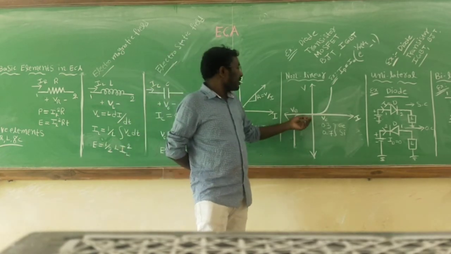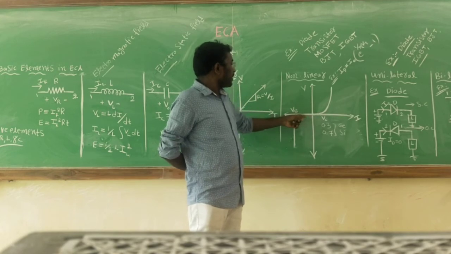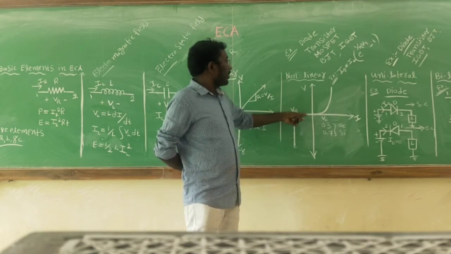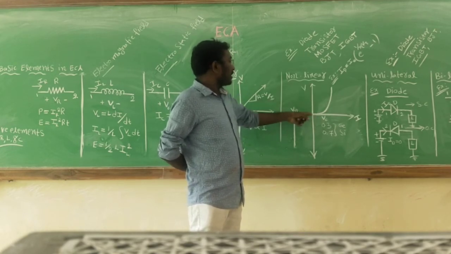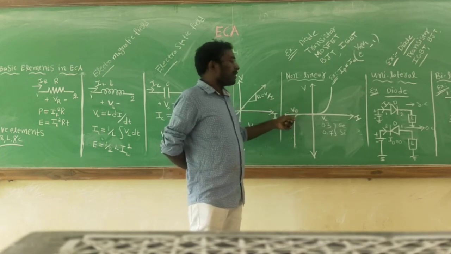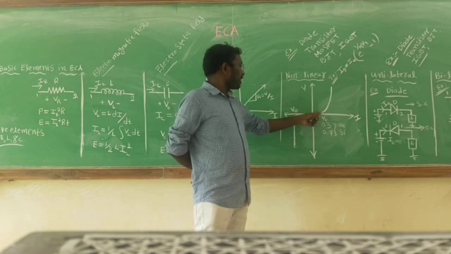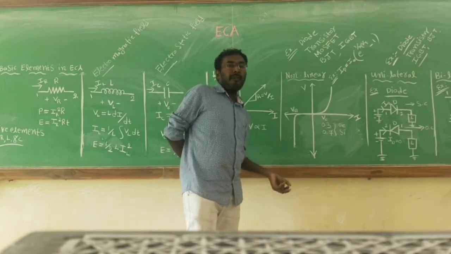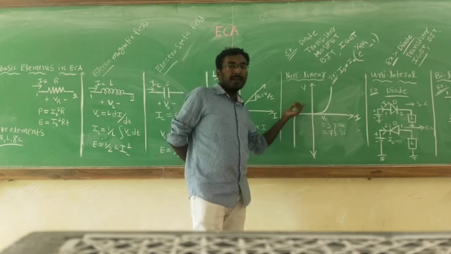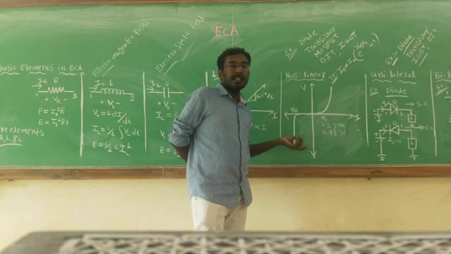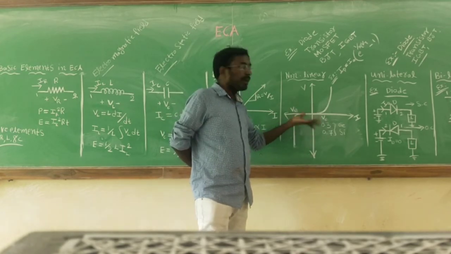During the reverse bias, looking at voltage versus current, the current is increasing, but the voltage cannot be increasing up to a certain point. The current is increasing, but the voltage is zero. That means voltage and current are not proportional. The current is increasing, but the voltage is zero.